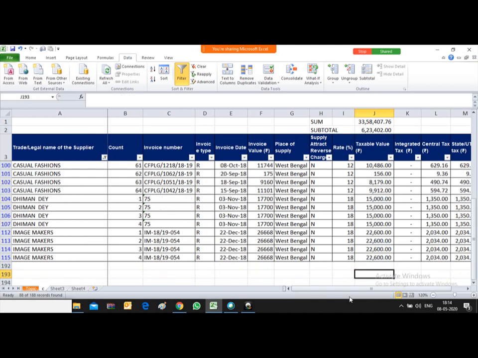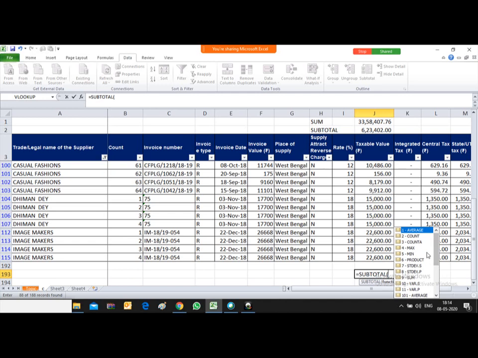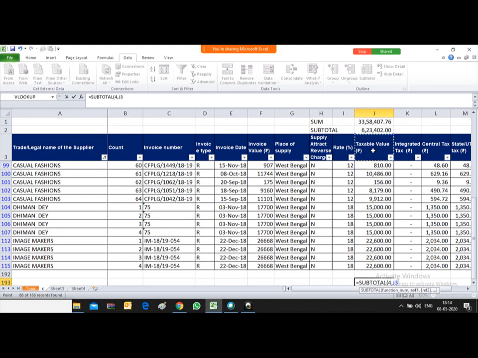And then there is one more functionality in subtotal. Maximum, minimum, these things you can also do, or even average. For example, for maximum I use 4, then put a comma and provide the range. So it will provide you the maximum amount.